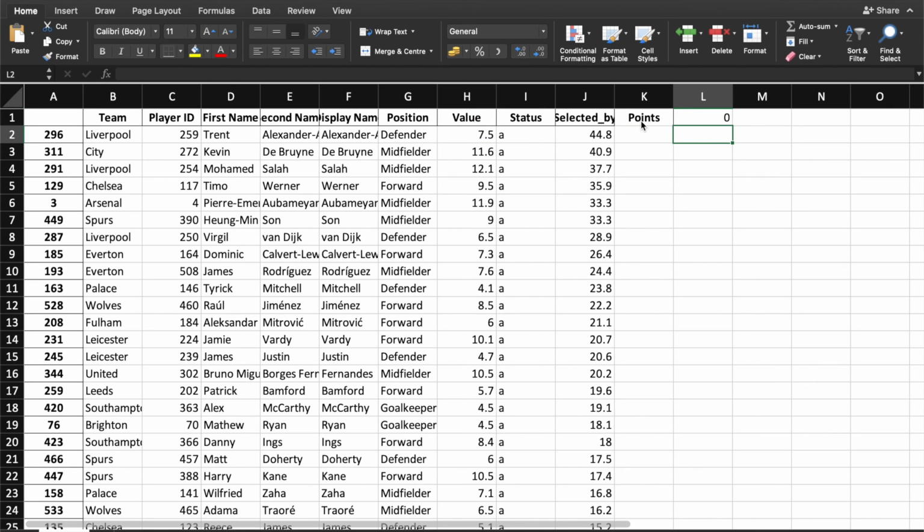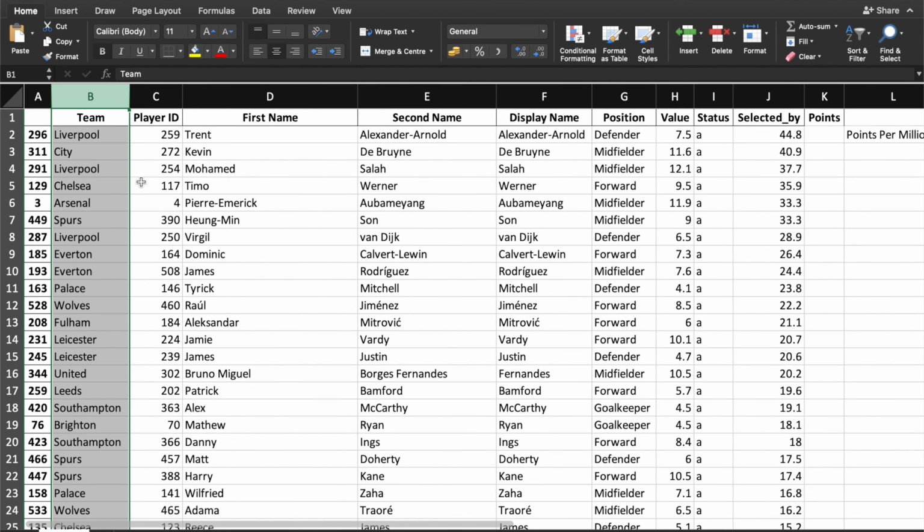You will basically get points per million data, and you can make your analysis on the basis of that, and then make your transfers and stuff like that. So this is how we get all the data using the FPL API.